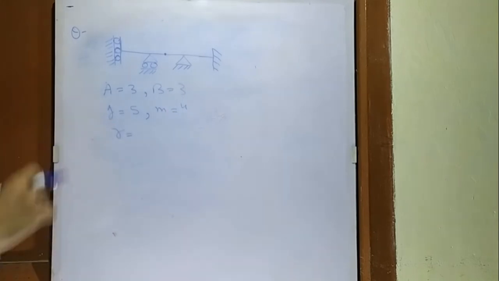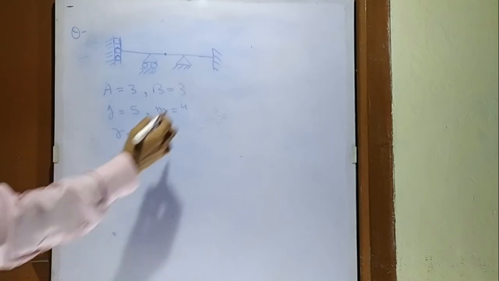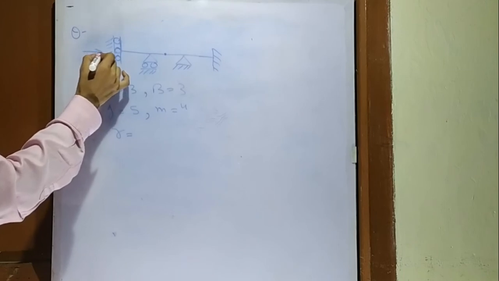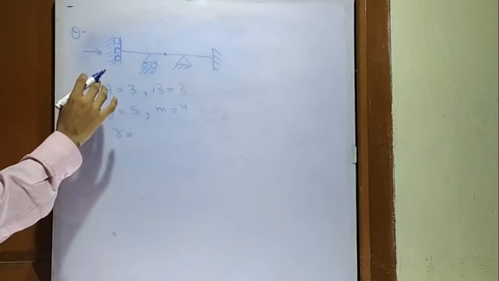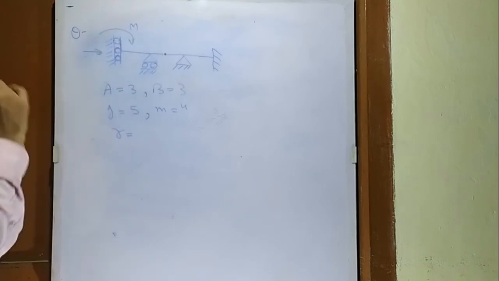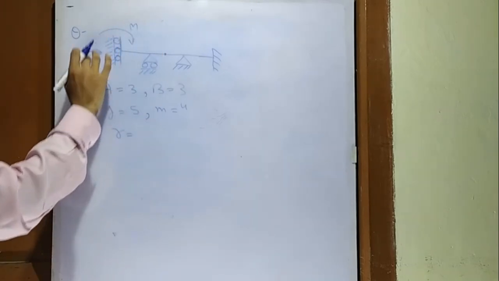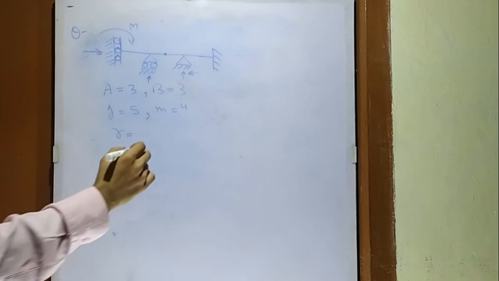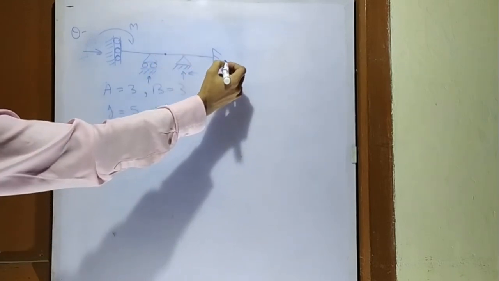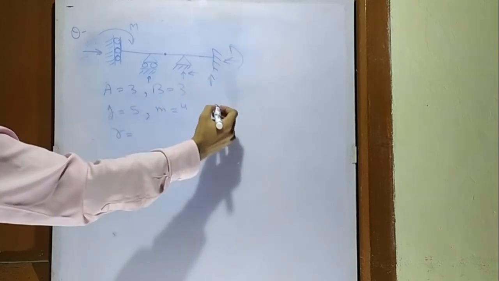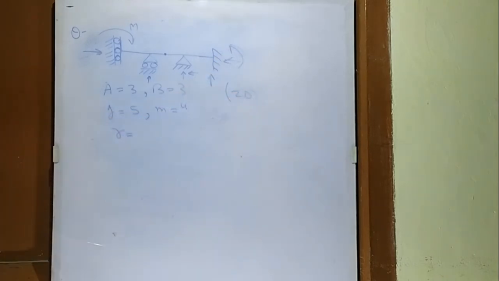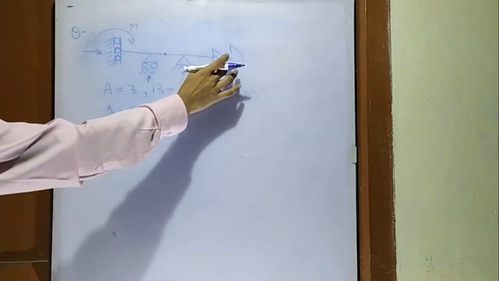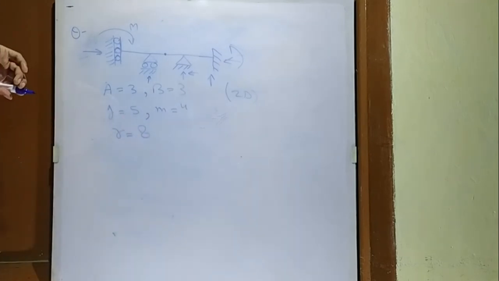Now what is the value of reactions? In this case at this guided roller, how many reactions will there be? There will be a reaction in the horizontal direction because it will provide resistance in the horizontal direction, and there will also be a moment. So the reaction at this guided roller will be 2, at this roller support will be 1, and at this support will be 2, and at the fixed support we know there will be only 3 reactions, as this is the case of a 2D beam. So we can count them: 2, 3, 4, 5, 6, 7, 8. The number of r comes out to be 8.